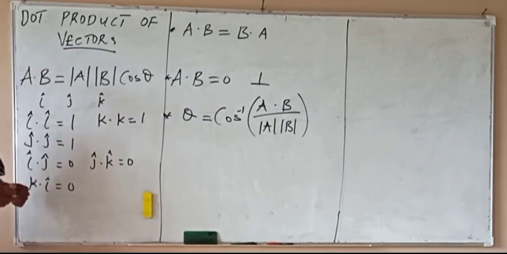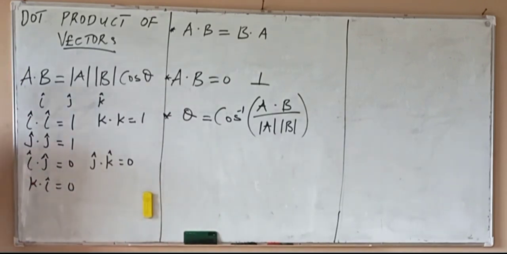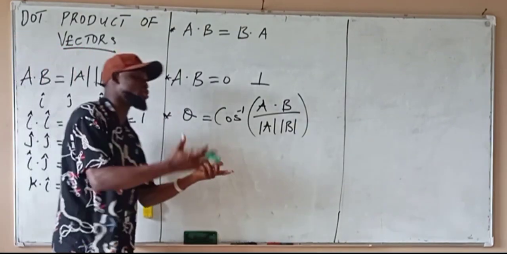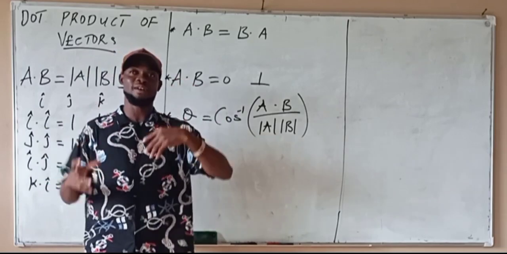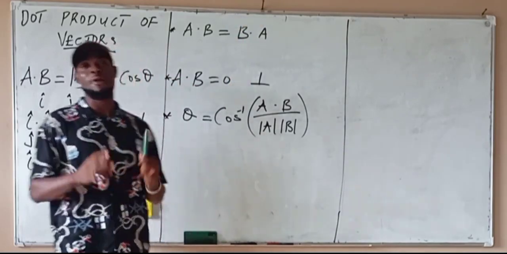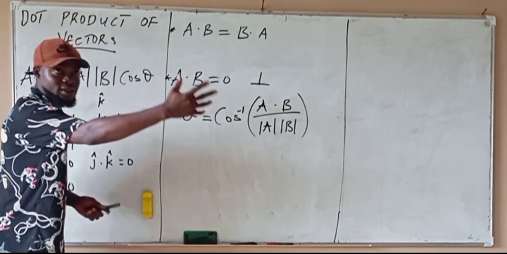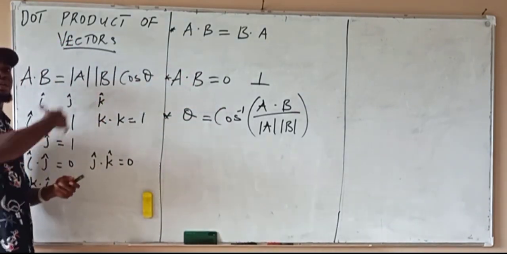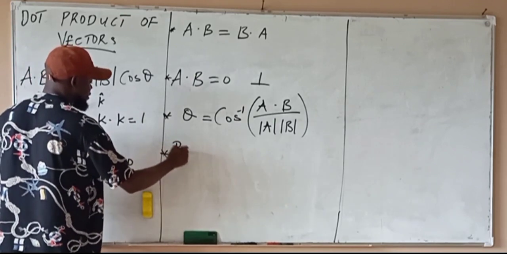Scalar product to do that. Then we also use scalar product to check for the projection of a vector in the direction of another vector, or the component of a vector in the direction of another vector. For example, if they ask you what is the projection of A in the direction of B, to find the projection of A in the direction of B, we use